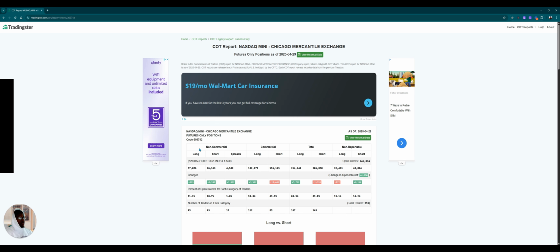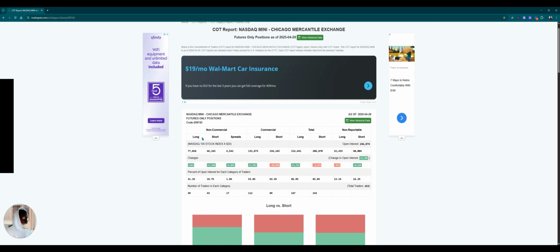So with that being said, if we look under where it says long, short, and spreads, you really don't have to pay attention to spreads. The main two columns I pay attention to under non-commercial are long and short. And as you can see, it is primarily long buyers who have control of the market right now for this NASDAQ market. It is 77,000 compared to 46,000 people who are shorting this market. Now, what does this mean? Does this mean that you just hop on TradingView and take every long you see? No, that is not what that means. You use this as a confluence